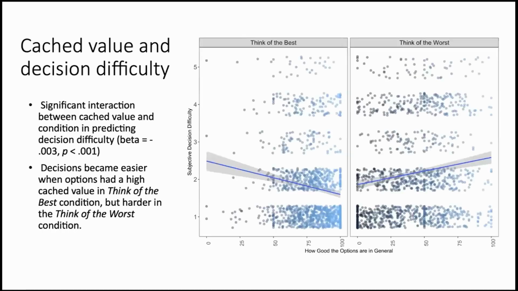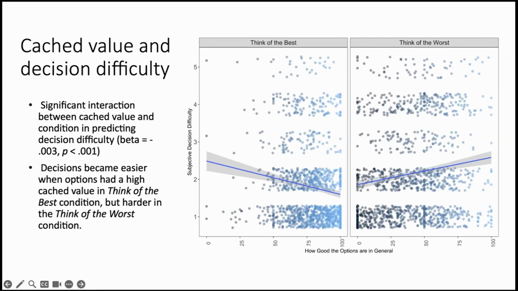Okay, so we can also look at the relationship between the value of the options that came to mind and decision difficulty. Here I'm again plotting subjective decision difficulty on the y-axis, and now looking at the value of the options. If you first look at the left-hand graph, it should be kind of intuitive. The more you thought of options that were generally good when trying to think of the best thing, the easier that problem was